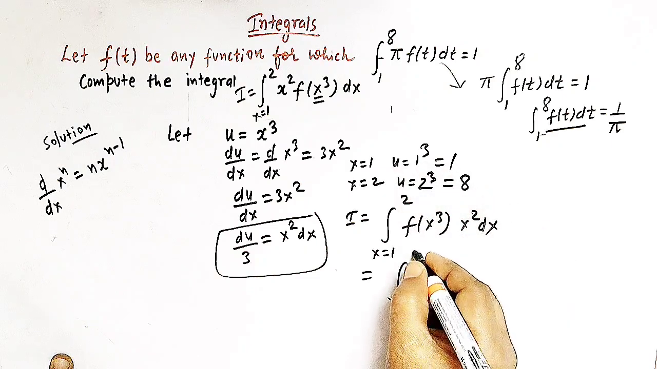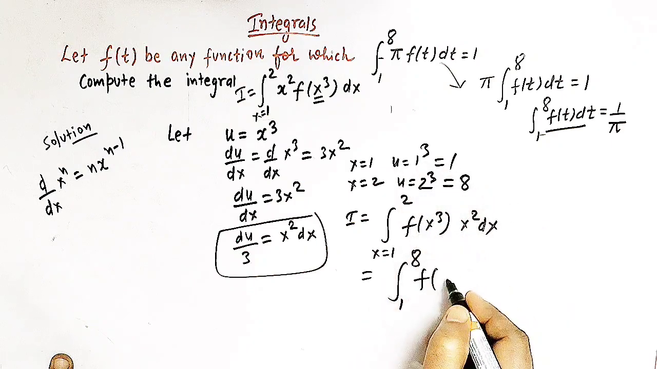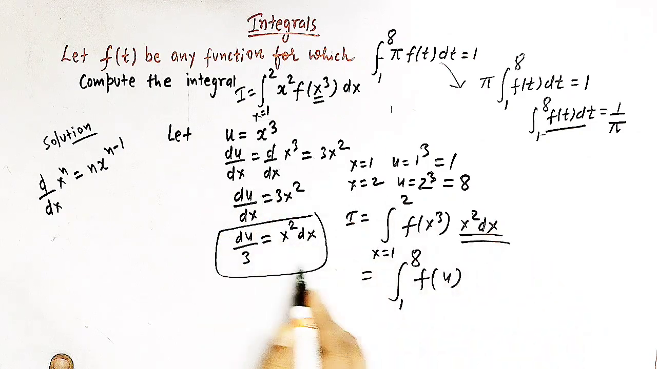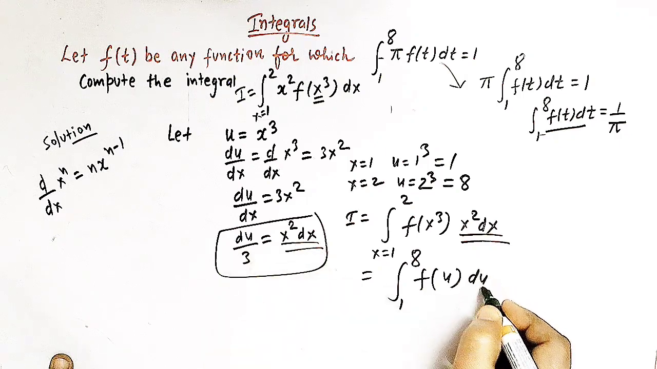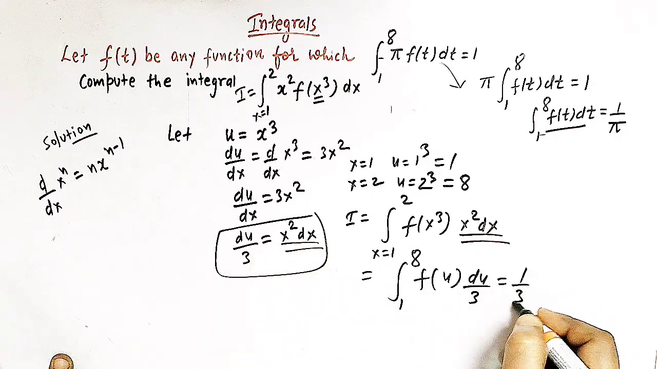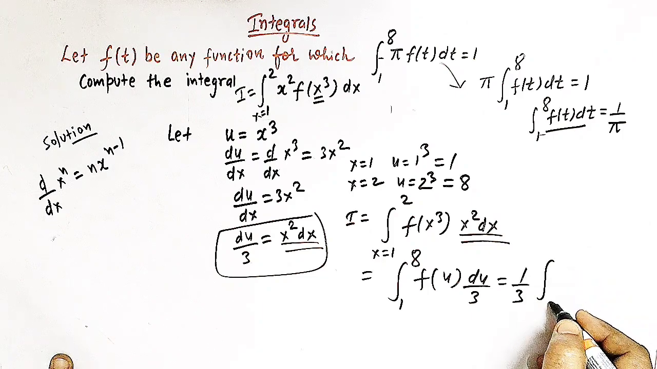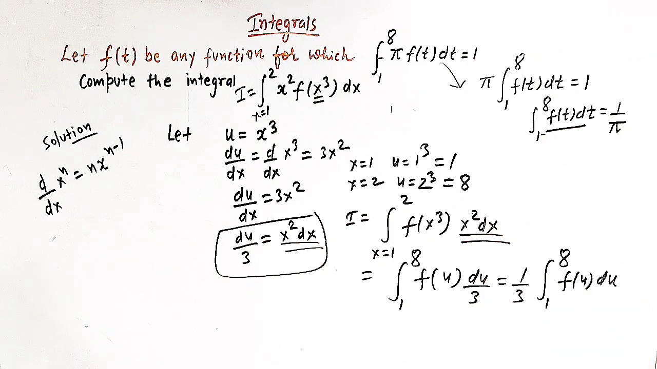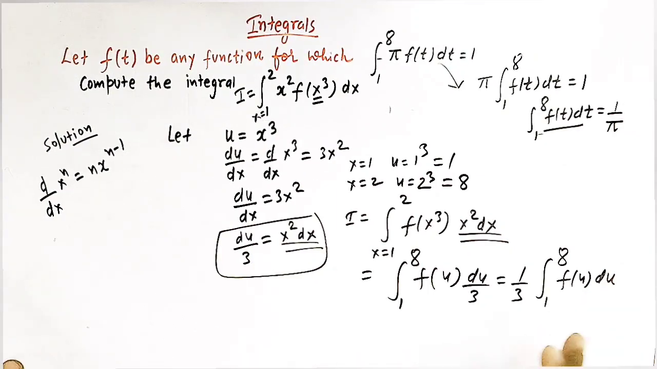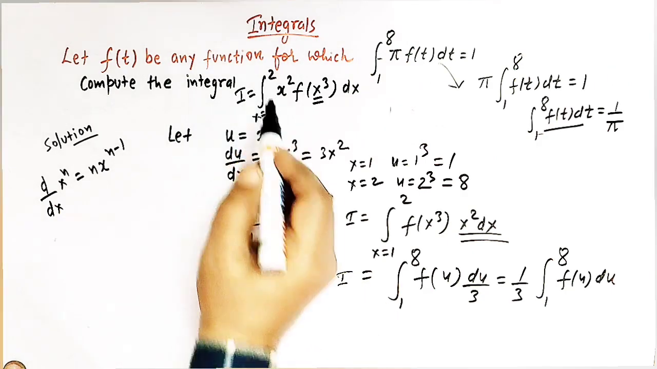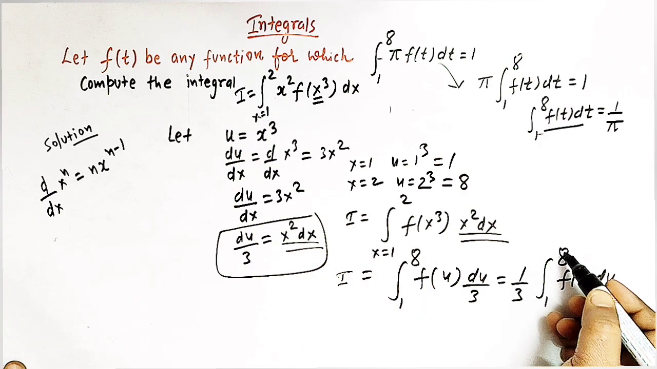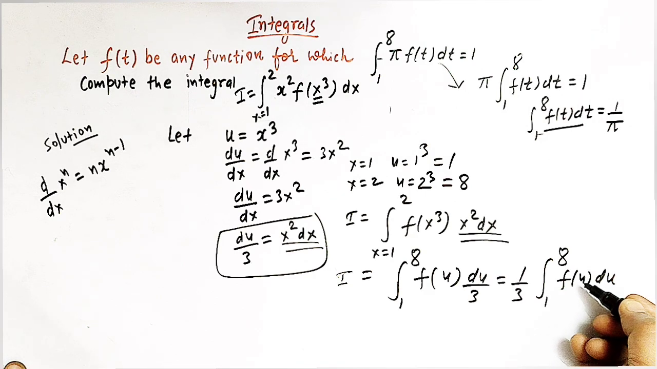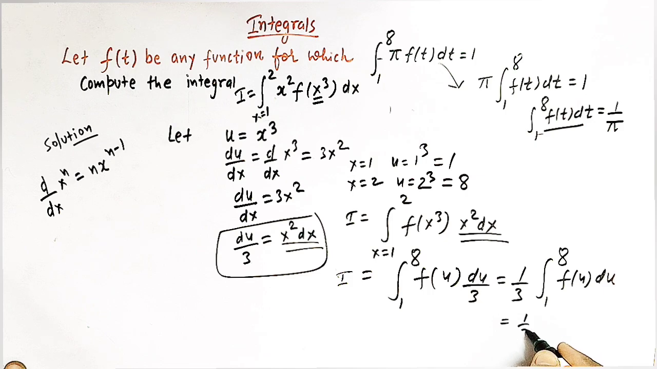So here we have 1 to 8, and f of u, because x cube is u, and x square dx is equal to du over 3. So now we can take 1 over 3 outside the integral, and we have here the integral from 1 to 8 of f of u du. So now the value of this integral is 1 over 3 times the integral from 1 to 8 of f of u du, right? So now if we here change the variable u to t, then we can also write